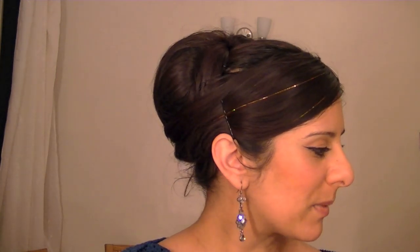Hi, I know it's been such a long time since I've done a hairstyle tutorial, but I've done one today. You might not be able to see from this angle, but ever since I did that hair poof tutorial on how to make those hair puffs that you put in your hair to help bump it up and create a good foundation for a hairstyle, people have been saying, can you do a tutorial with it? So I have, and if I bend down and turn to the side, you'll see that I've done a bouffant